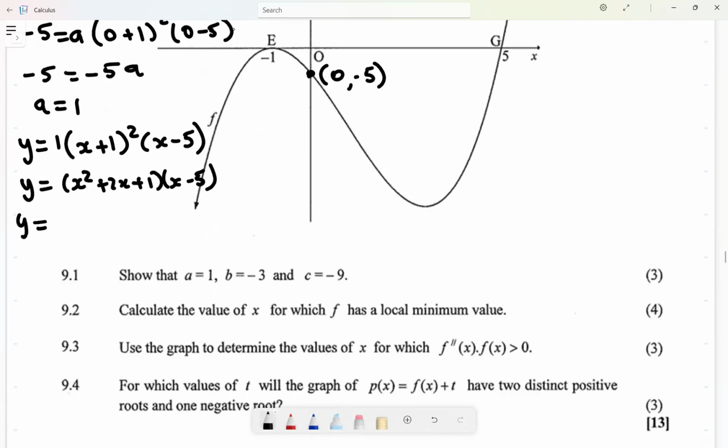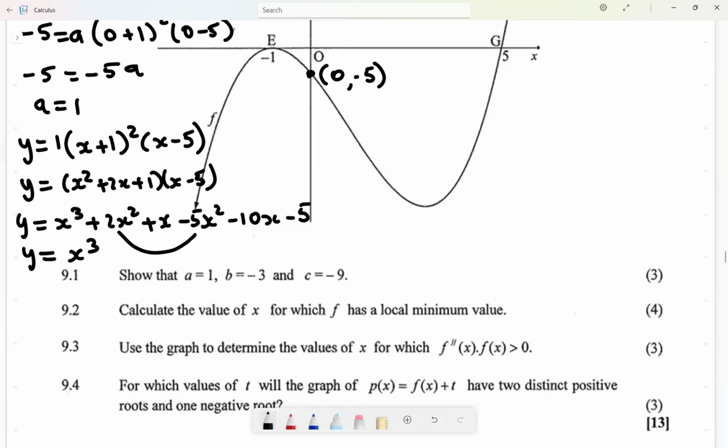And then I have y is equal to x multiplied by x, it is x cubed. Let me start with x squared multiplied by x, it is x cubed. 2x multiplied by x, it is plus 2x squared, then 1 multiplied by x, it is plus x. And then let me move on to negative 5. Negative 5 multiplied by x squared, negative 5x squared, 2x multiplied by negative 5, negative 10x, 1 multiplied by negative 5, negative 5. And then y is equal to x cubed, 2x squared minus 5x squared, it is negative 3x squared,